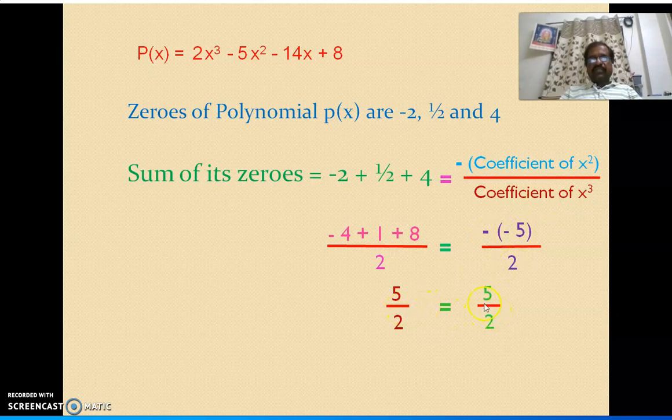So this is satisfied, which means the sum of the zeros of a cubic polynomial is minus coefficient of x square by